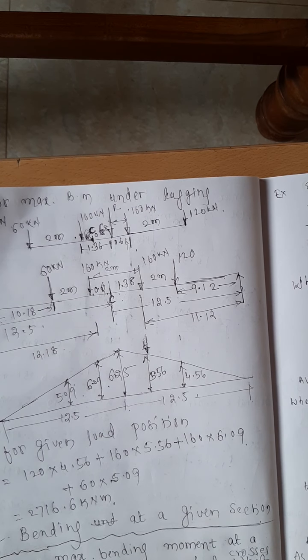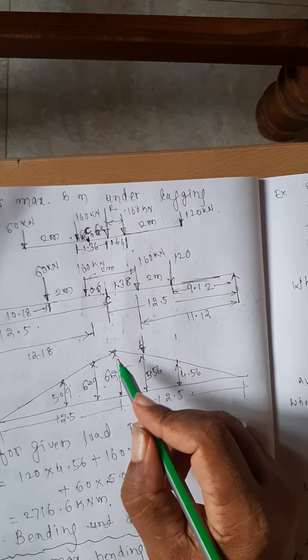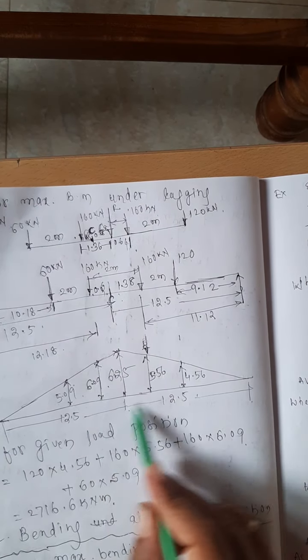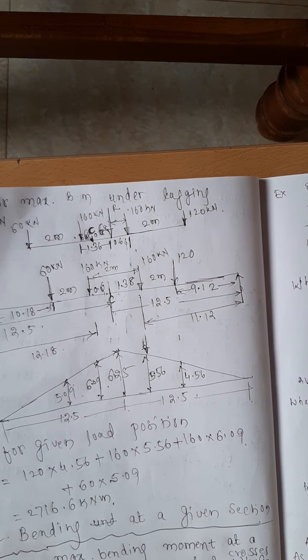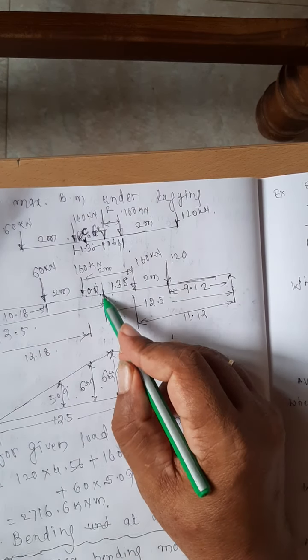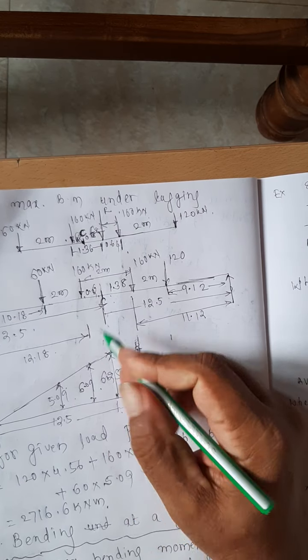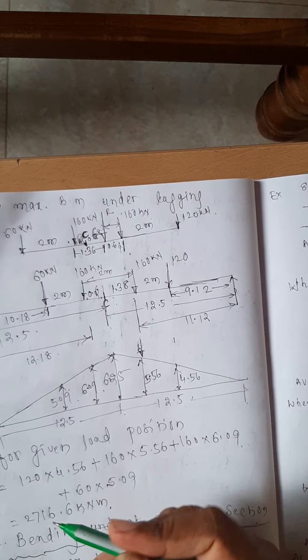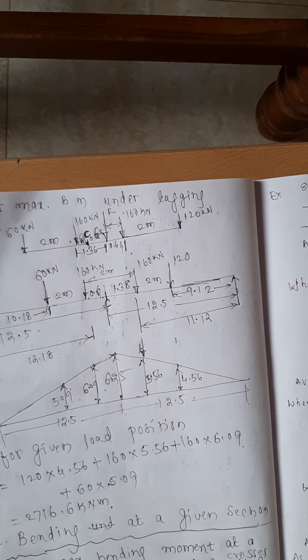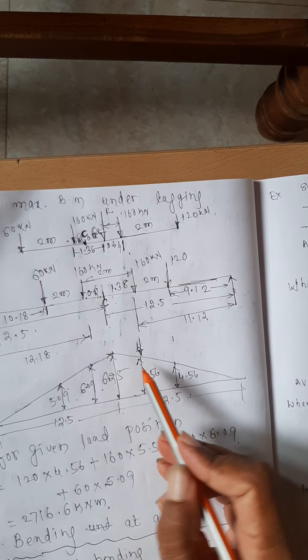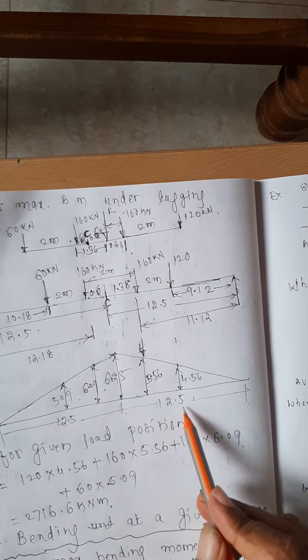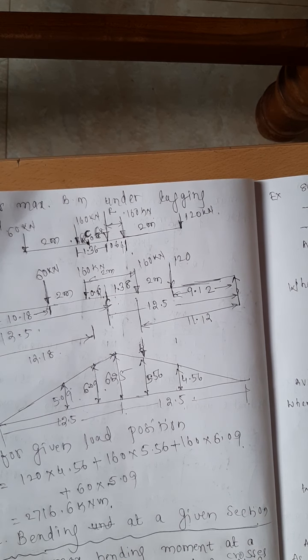Once you pick up the position of all the loads, what is the next step? You draw the influence line diagram for the bending moment. As I want the influence line diagram for the bending moment at the center, how can we calculate it? That is nothing but A B divided by L because of unit load.